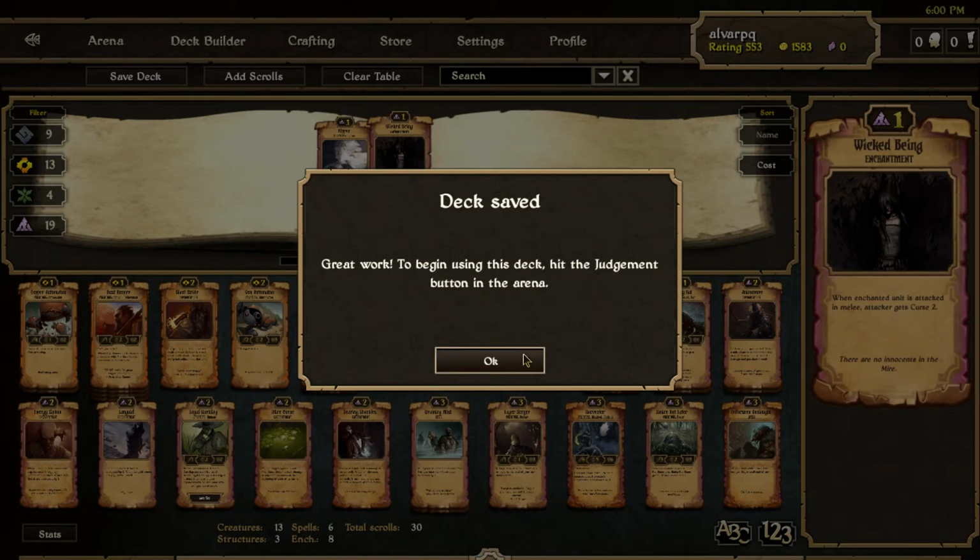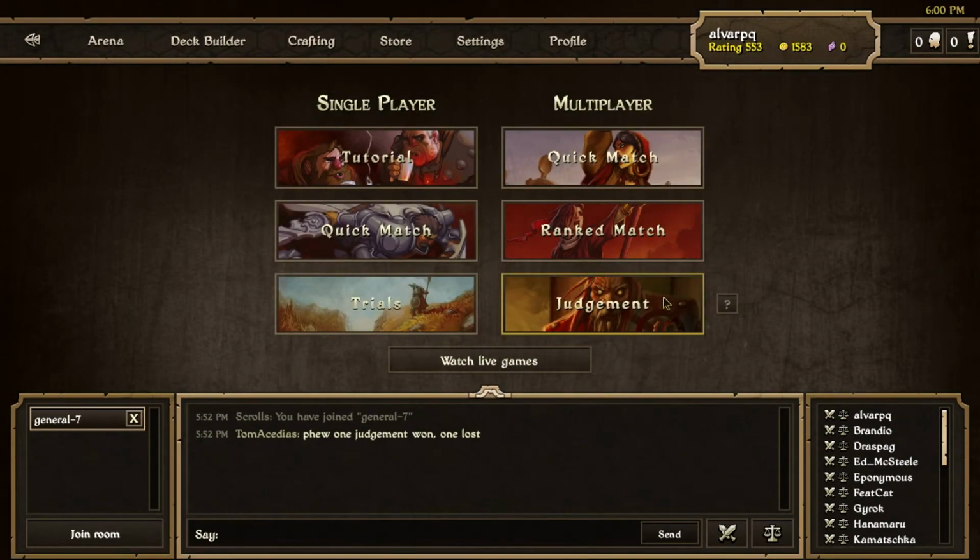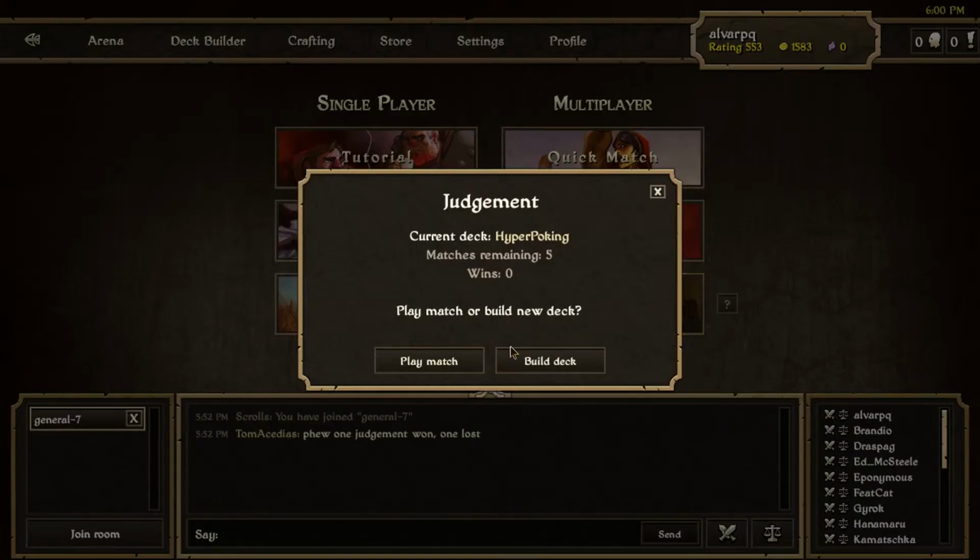So, to begin using this deck, hit the Judgment thing on the arena. So we're just gonna hop in here. So we have 5